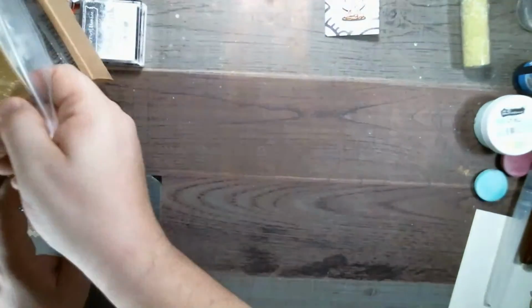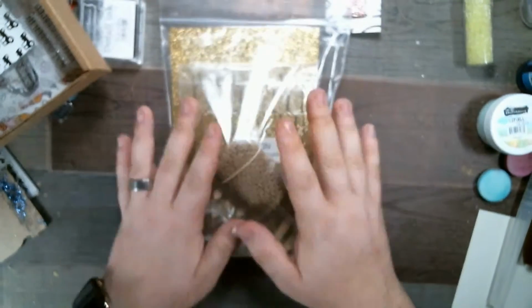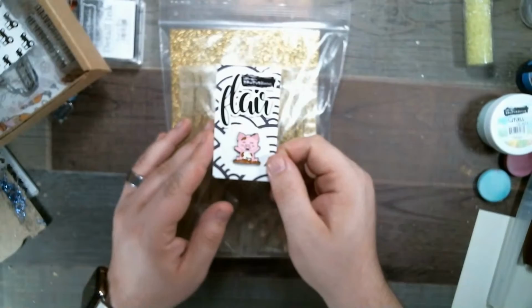So let's go ahead and dig into this big bag of goodness. Now, most everything that's in this box this month is available for separate purchase. If it's not available for separate purchase, that just means